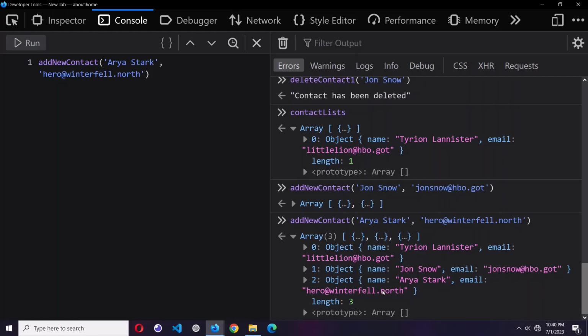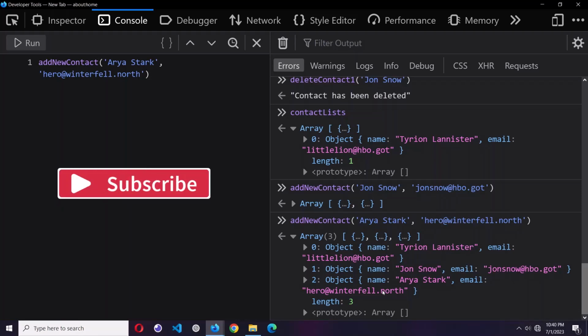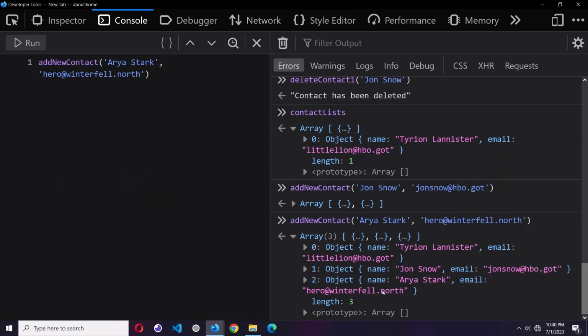Okay, now we are moving on to the last aspect, that is modifying an existing array. This is something we didn't do in the previous lesson, modifying a contact in our contact list array. Now this is going to be pretty interesting, so pay attention to what is about to happen. I'll create a function called modify contact. So const